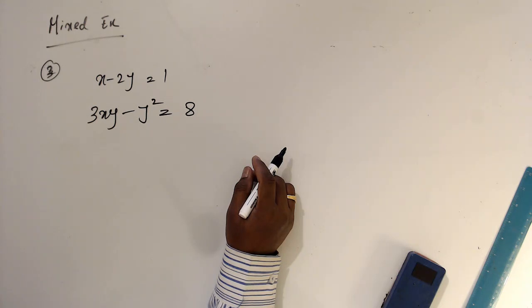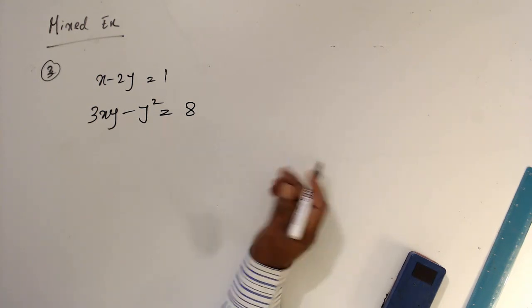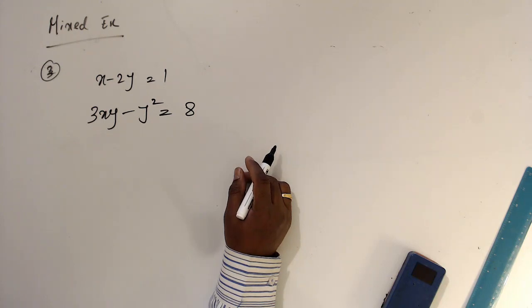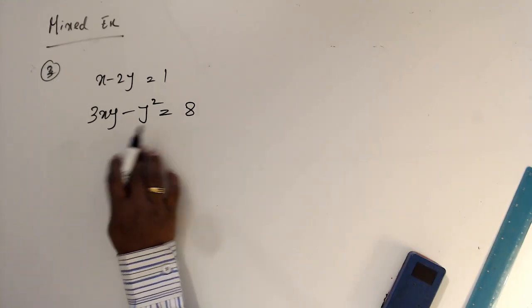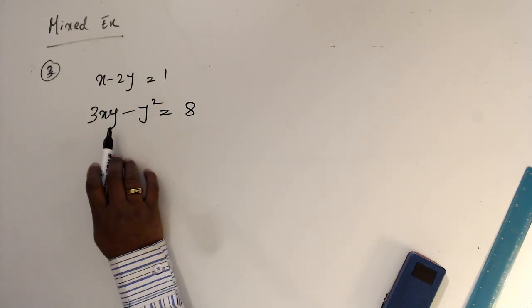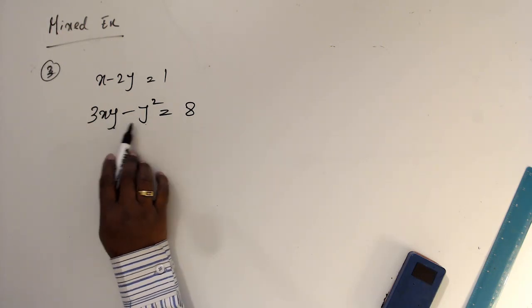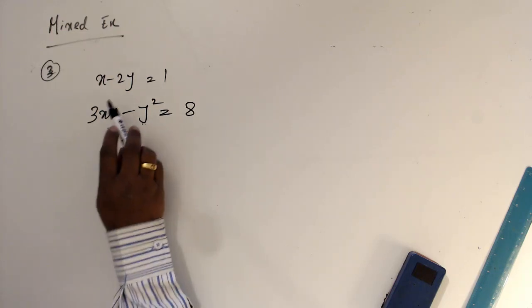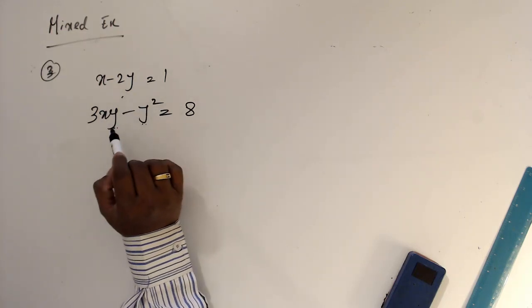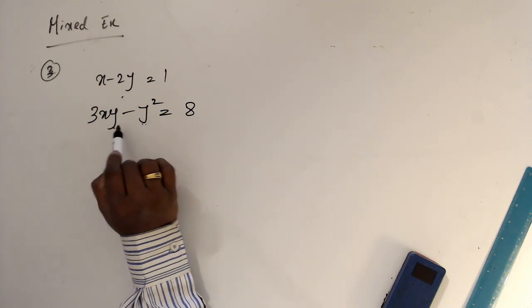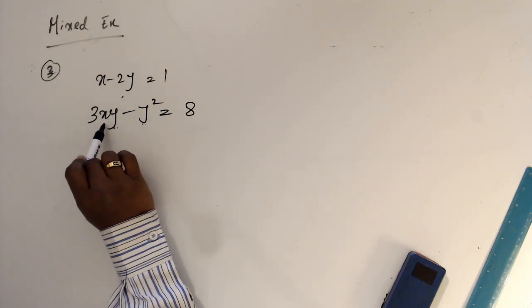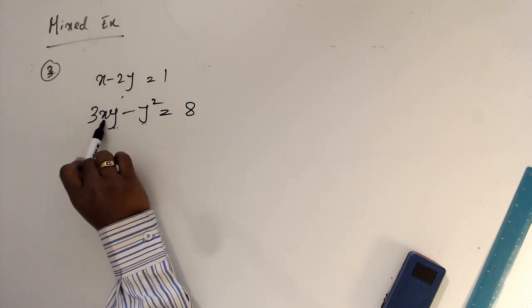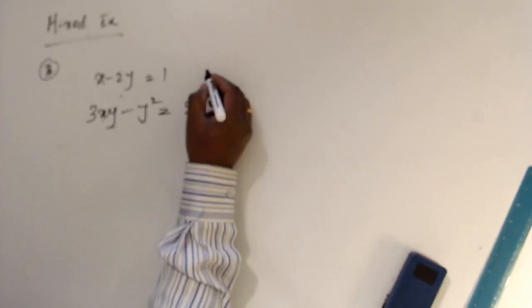Assume they ask to solve this equation, then which one are you going to eliminate, x or y? You can decide by looking at the equation. When you look at how many times y appears here, it is 2 times. If you make y the subject and substitute here, you have to substitute 2 times. But if you substitute x, you only have to substitute 1 time. Because of that reason,